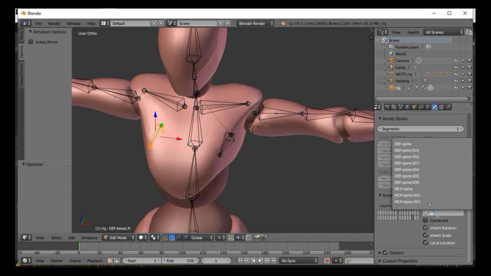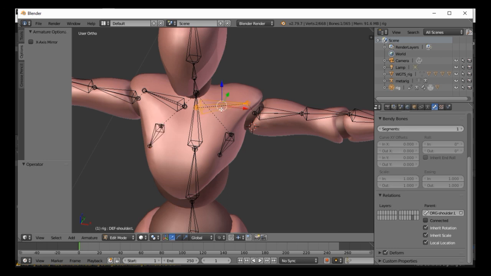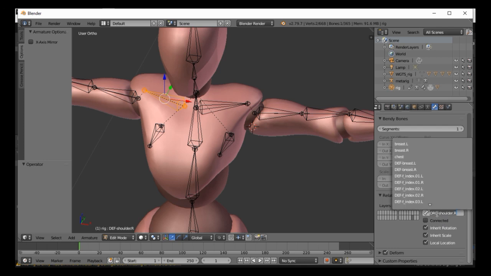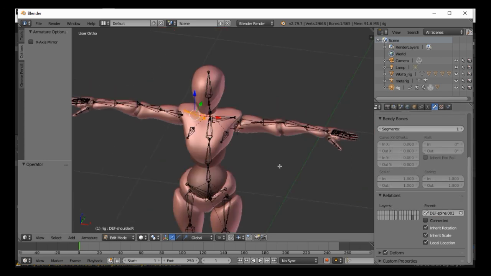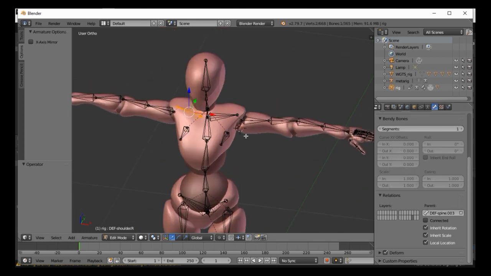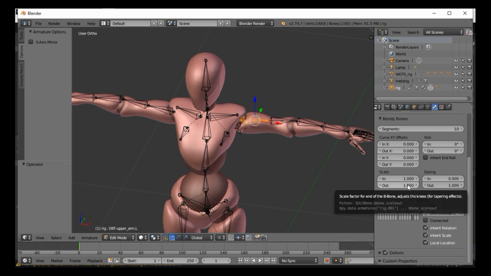parent, of course DEF spine 003, and of course the shoulder is also separate from the spine. So we just need to do the same, spine 003, DEF spine 003. Okay, and this bone